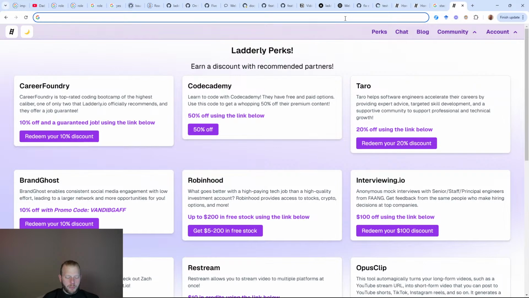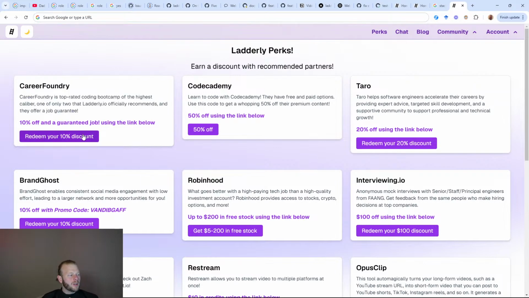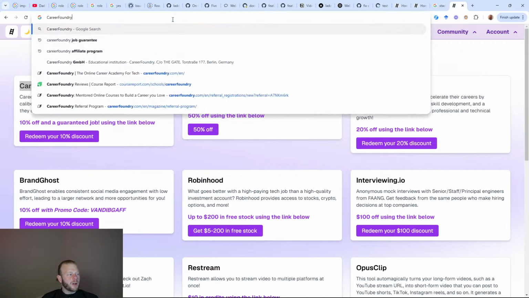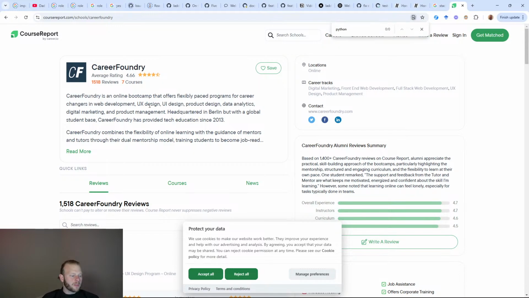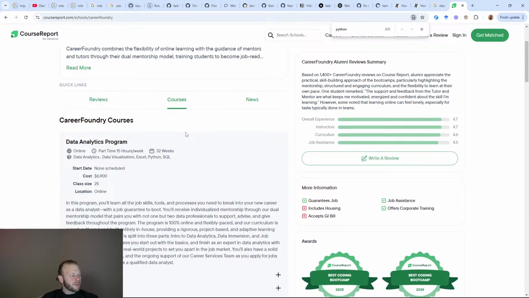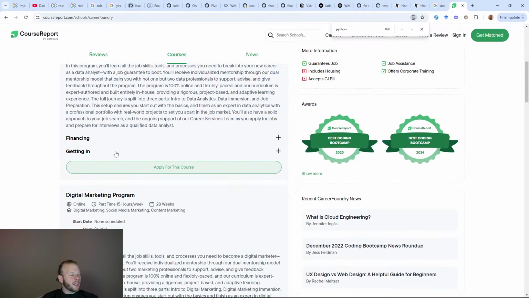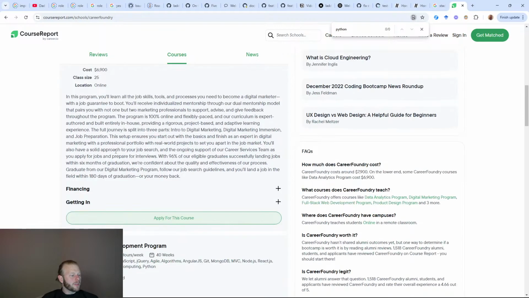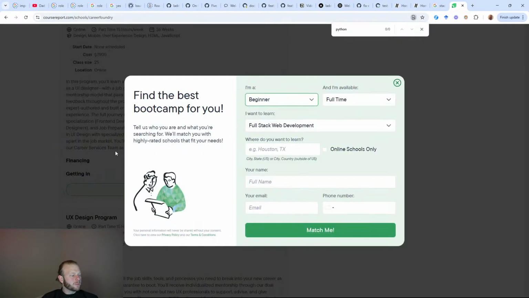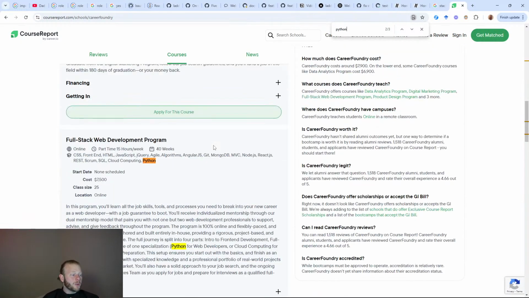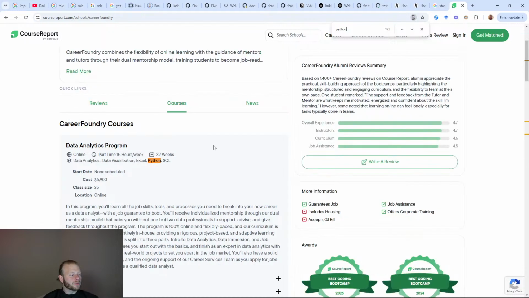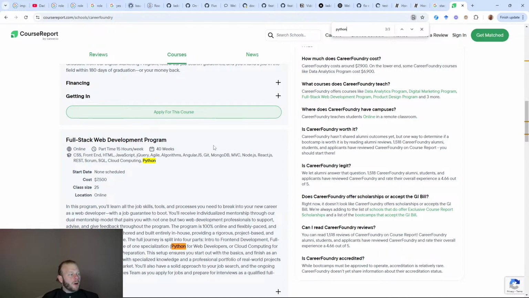And then I also like a coding bootcamp. Career Foundry is my favorite bootcamp. I don't know that they have Python, though. I think probably Springboard for Python. Well, they have data analytics. Again, do you want to do data analytics or do you want to be a Python software engineer? So they do Python in the full stack. That's cool. Their full stack web development program I do highly recommend. It's not Python focused, but apparently it includes Python.